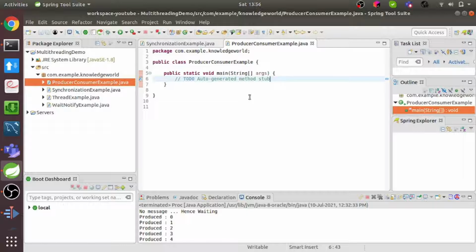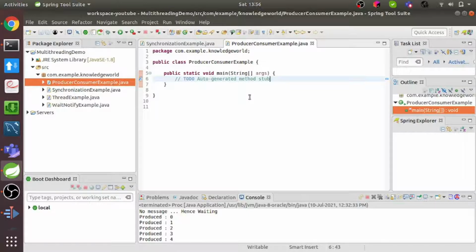Plus, the code which checks whether the queue is empty, or adds an element to the queue or removes an element from the queue, has to be synchronized. If one thread is adding an element while another thread is checking the size, this could lead to a race condition, where both are checking at the same time. So they need to be synchronized.